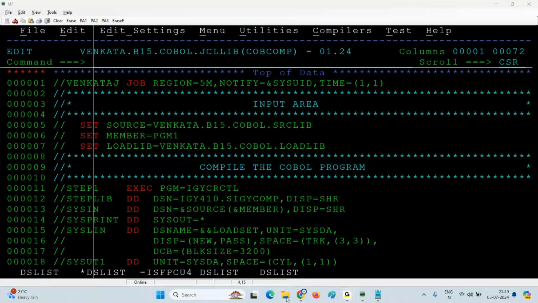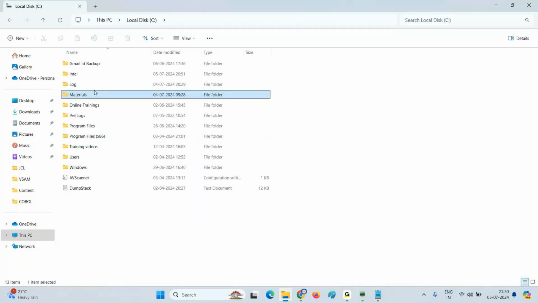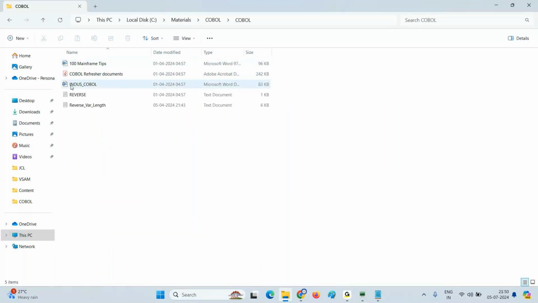So let me go to the C drive, materials, COBOL. Yeah. So team, this is the one. There is an indus.cobol. So this particular